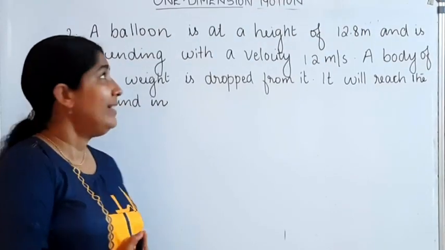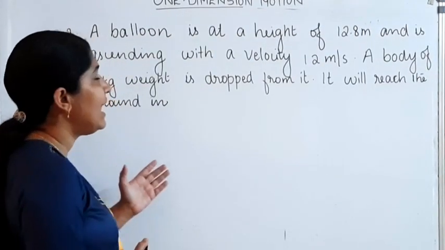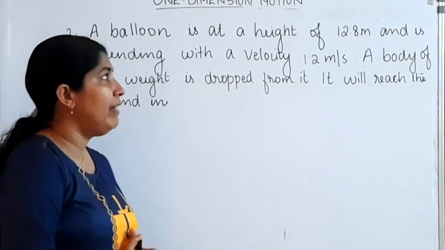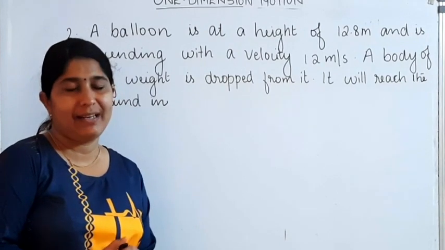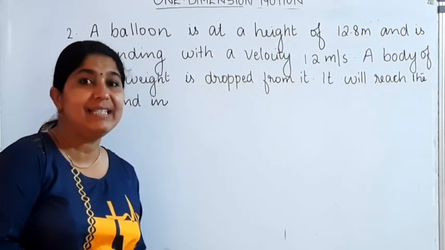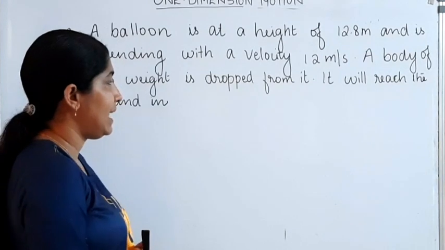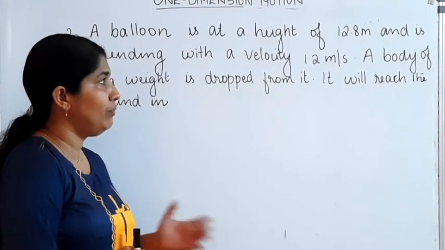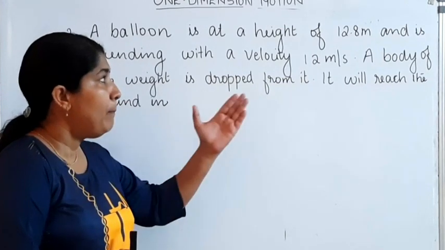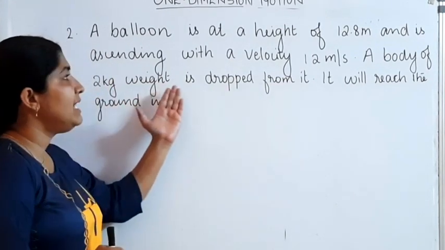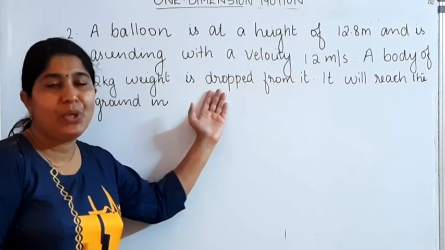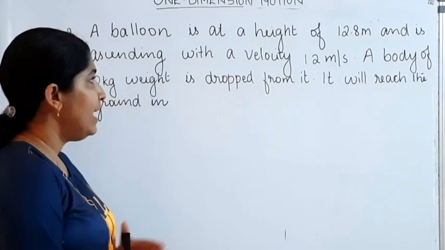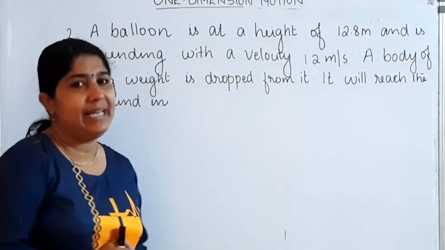Our next question. A balloon is at a height of 12.8 meter and ascends with a velocity of 12 meter per second. A balloon which ascends with a velocity of 12 meter per second is at a height of 12.8 meter from the ground. A body of 2 kg weight is dropped from it. It will reach the ground in...